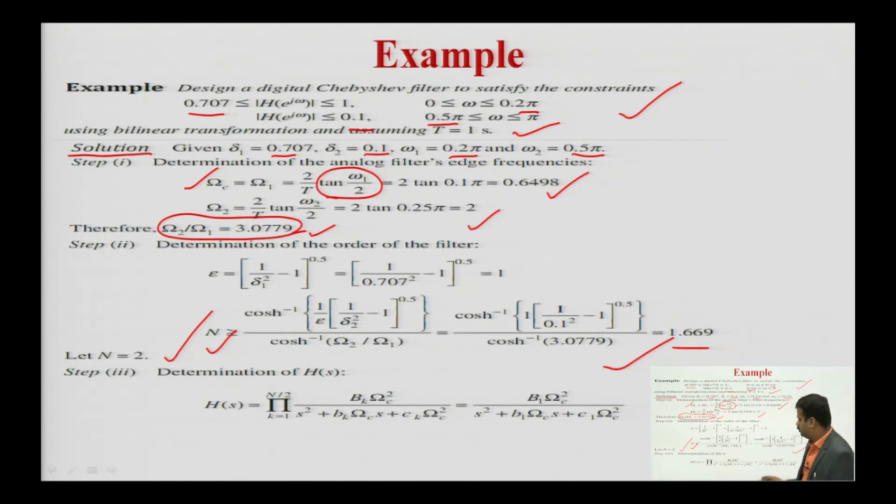Now, third, if n is odd, then H s is equal to this, and if n is even, then H s is this. So, here n is even, so for even you have to use this formula, otherwise you have to use that formula. Both types of method are accurate or correct, you can use either per your convenience. So, H s is equal to this, you will get if you put the value here.